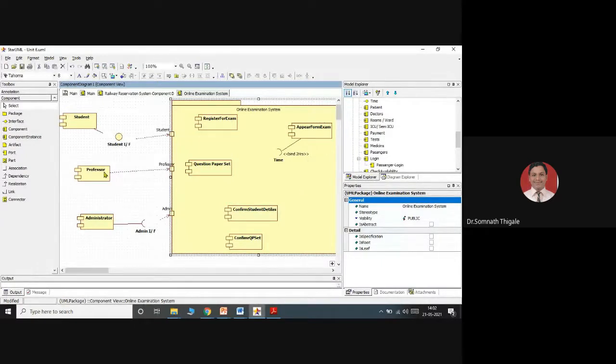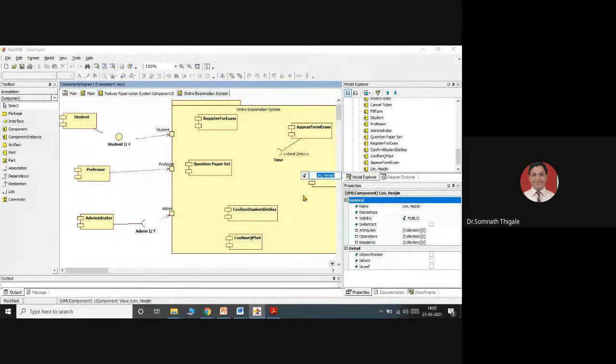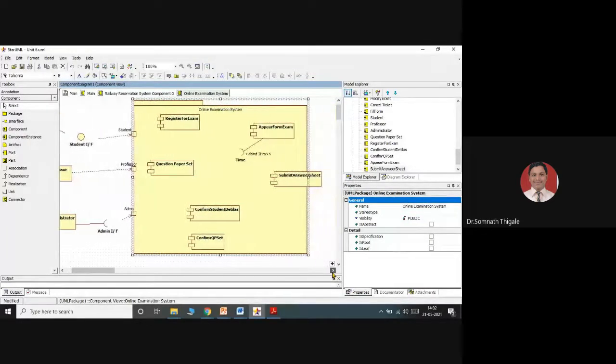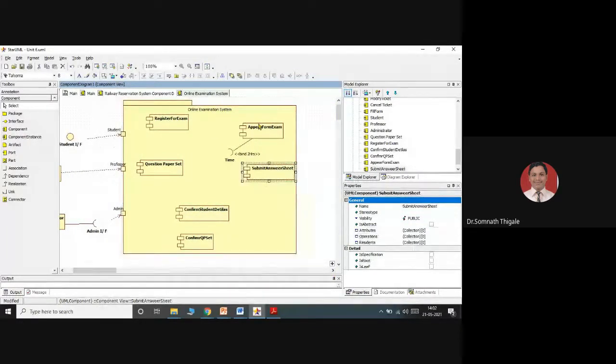Then submit the question paper. So we'll have submit after 2 hours automatically or in between. If my 50 questions have been solved in only 1 hour 20 minutes, why should I wait for another 40 minutes? So I can submit my question paper, submit my answer sheet. And after submission of the answer sheet, a message will be given on the screen: successfully completed or submitted.